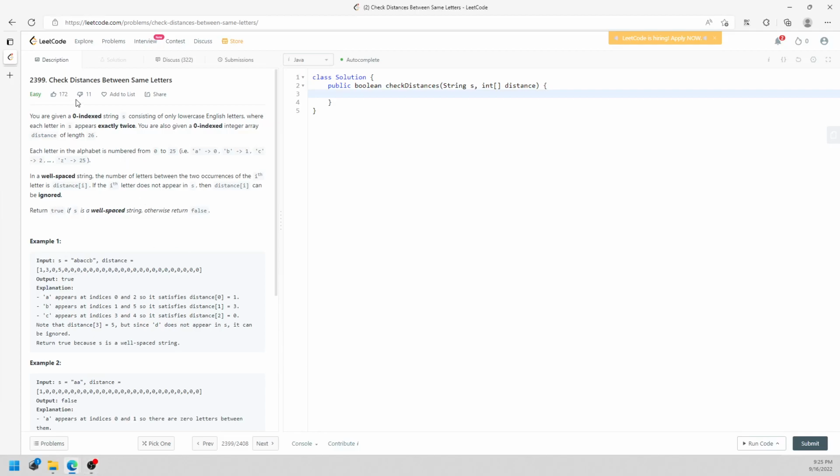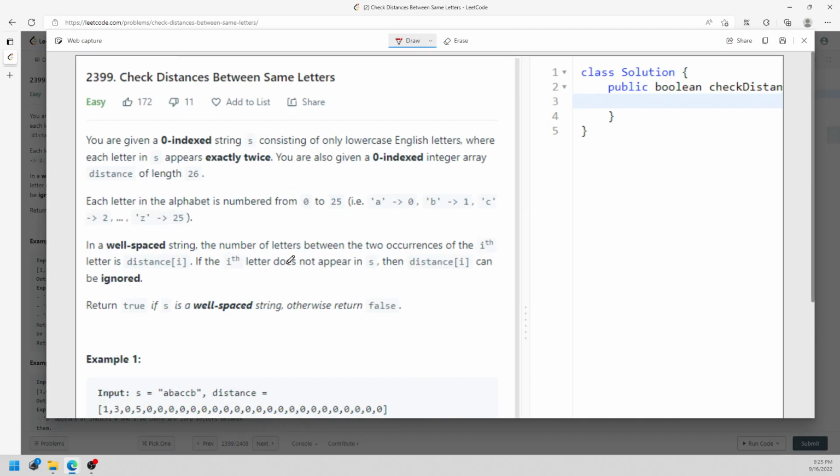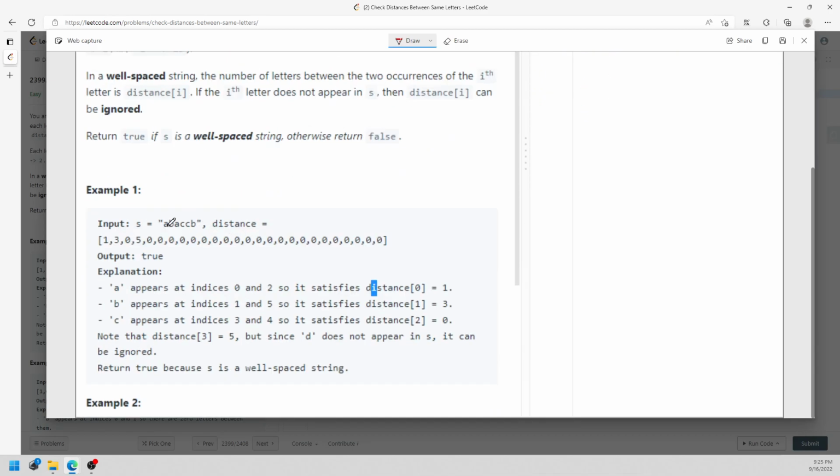Hi, so this question is check distance between the same letters. So basically you are given a string s and a distance array. So I'm going to just redefine the question. You will get at least a pair of the same character, and then you will get a distance